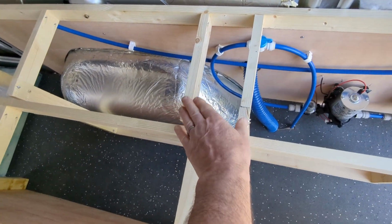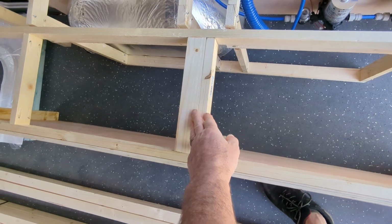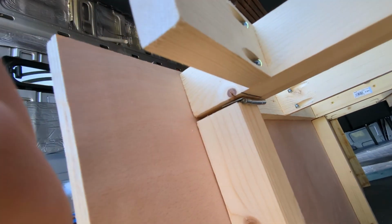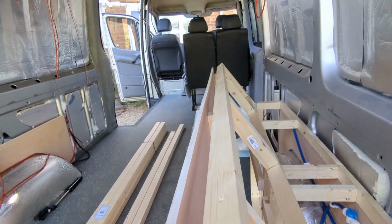I've had to redo this part here because when it's lifted up, it wasn't folding in as far as I liked. So I'll come down here. So I've put hinges here on the three legs. And like I said, that bit there,